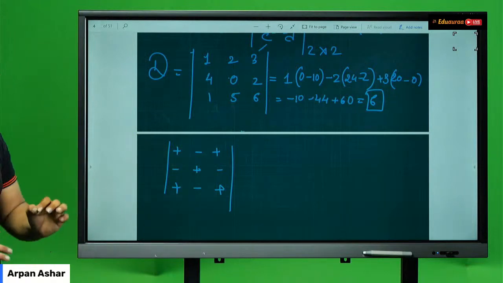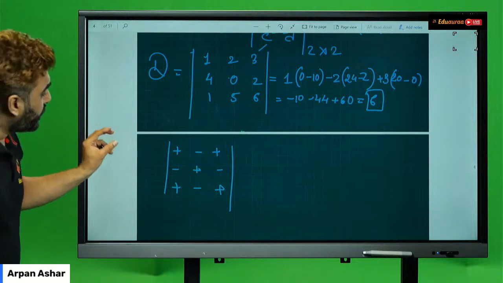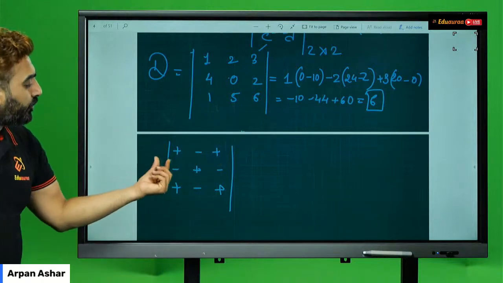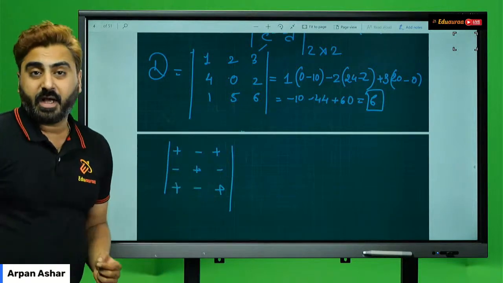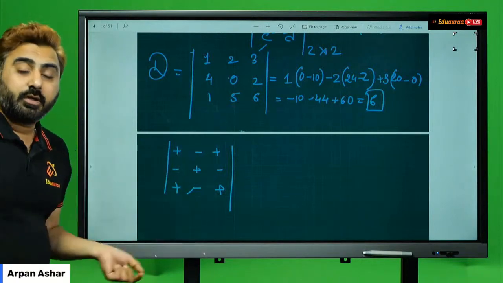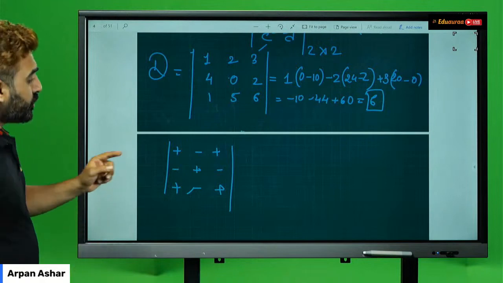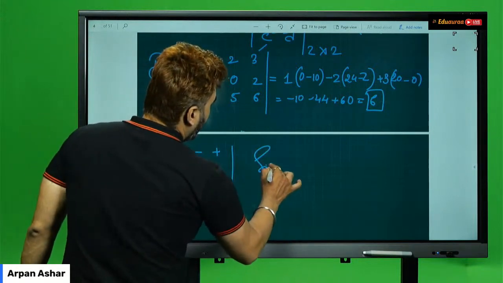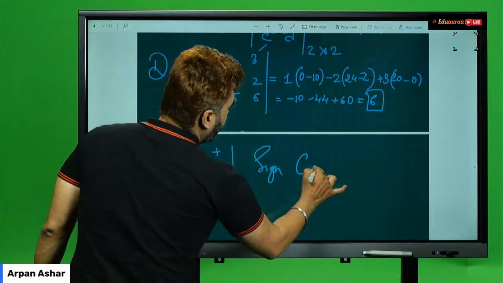So suppose if they ask you along second row, so second row अगर पूछते हैं तो first term को negative लेना है, second term को positive लेना है, और third term को वापस negative लेना है. So this is basically the sign convention